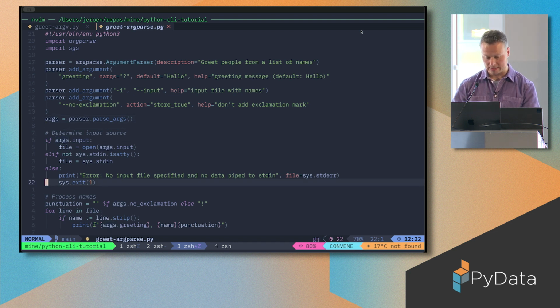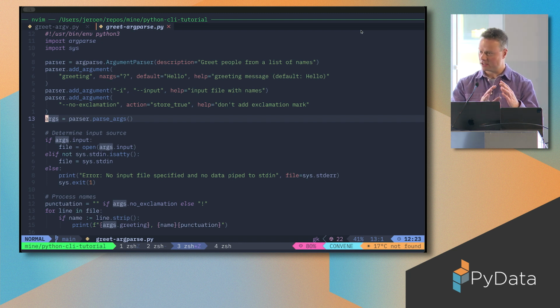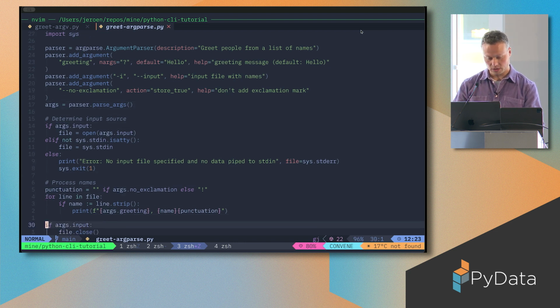So I recommend that you try this out. It's a lot more convenient, and especially if you have more than 2 arguments, I can definitely recommend moving on from argv and using argparse. Or use Typer,